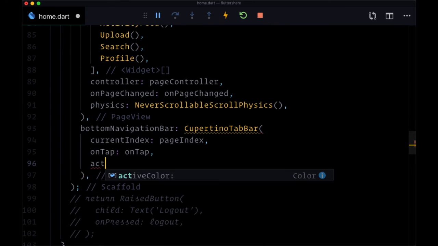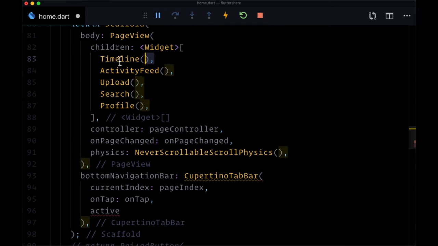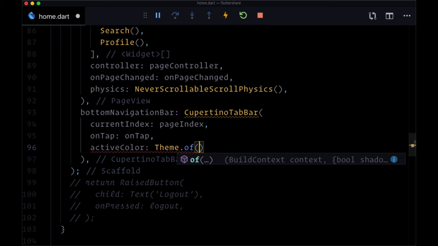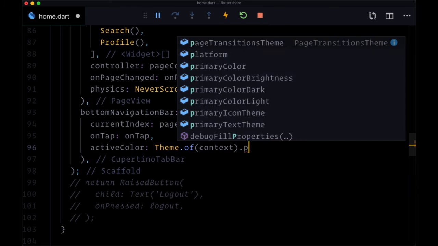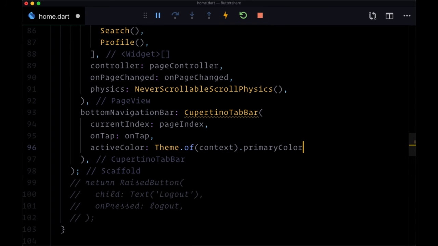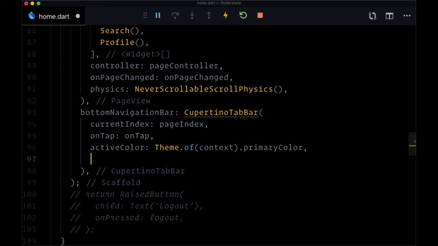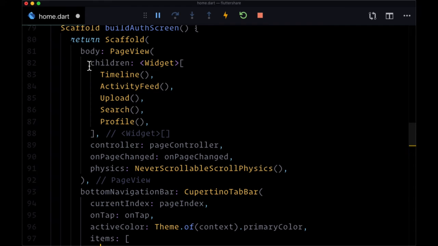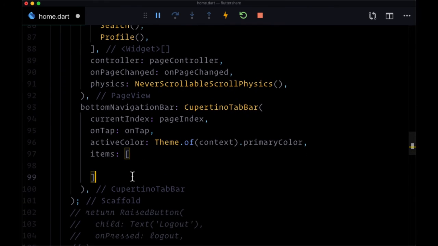After on tap, we want to give the button that we've got selected, say the button corresponding to the timeline page, an active color if we're actually on the timeline page. So for active color, I'm going to set mine to my primary color, coming from theme.of context primary color, my deep blue, deep purple color. And then finally, we need to include our items, which, like children for page view, is a list,